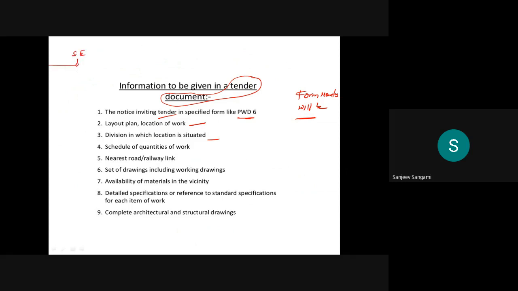Then again it is a division, with the Executive Engineer. Normally these are all divisions, and it combines four to five districts.